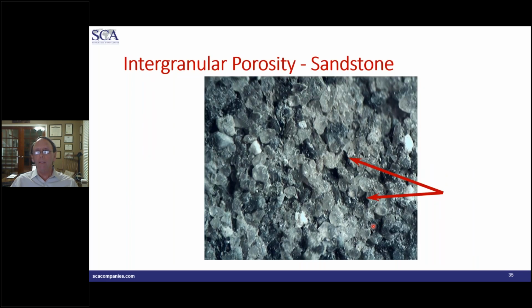So what do these look like in a little larger scale? Intergranular porosity here in the sandstone. You can see the pores and the individual grains of sand. There's also some clay in here, probably kaolinite. There's some cement that you need to describe. So, and these cements, as well as the clays, fill pores. So we need to be able to differentiate, and we can, between open pores and filled pores. And it's important to know what fills the pore, because that affects how it responds to logging,